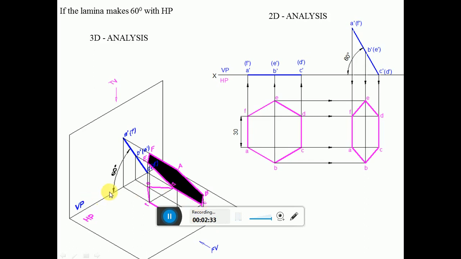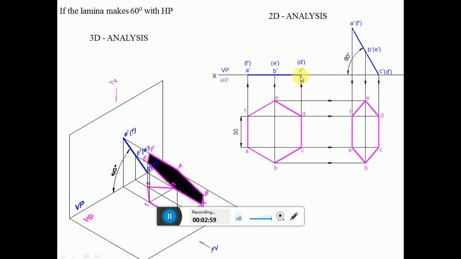And we are making a surface inclination with respect to HP of 60 degrees. Since the surface has become inclined to HP but is still perpendicular to VP, that is the reason why you are getting a line in VP, and the surface inclination with respect to HP can be seen in VP. So you can see that 60 degree in VP. So how to go about constructing this?